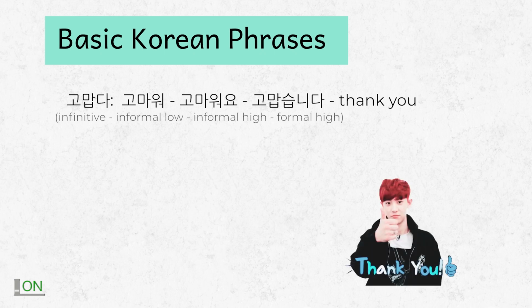I bet you are really confused about that. But don't worry, we will learn about conjugation in our future videos. So I recommend you at this stage of your learning, since you're a very beginner, just try to memorize these words, and that will help you a lot in future. So informal low, 고마워, you use to people who are younger than you, or people the same age with you, but you're very, very close with them. For example, your friends, your family, if you're close with them.